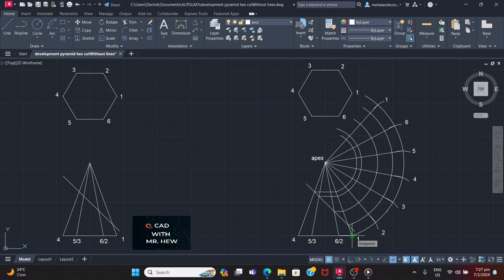All right, enter. All right, what we're gonna do now, we're gonna draw arcs from the apex to these points here along the line from this one. Having drawn the lines from those points, I'm gonna show you now where you're gonna draw the arcs from. It would be where this line intersects this again. Arc,